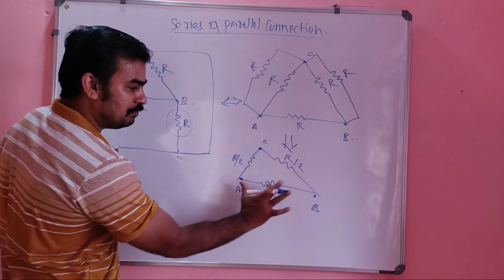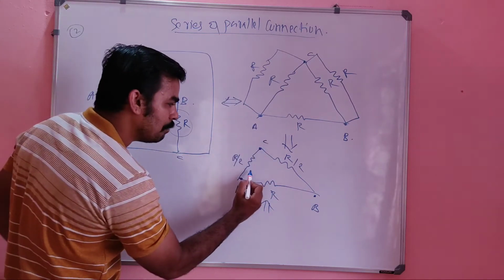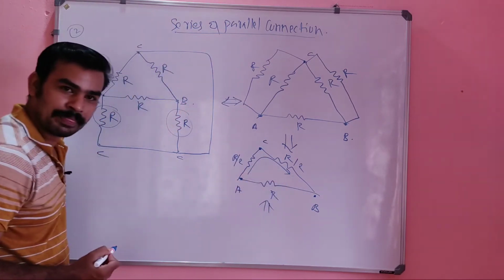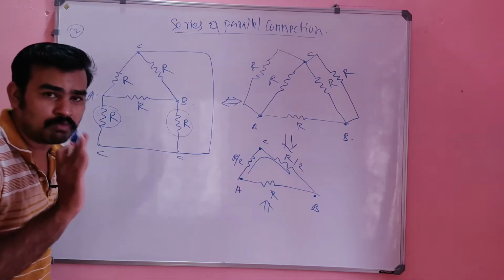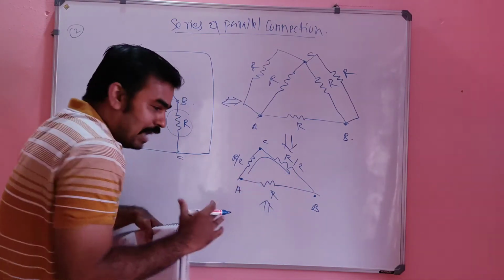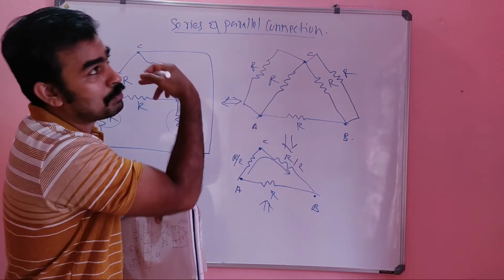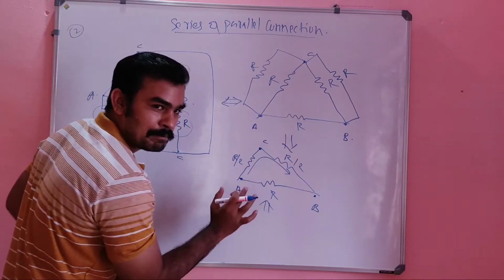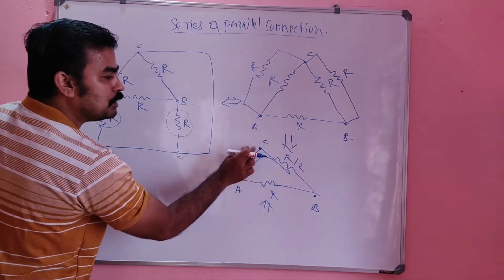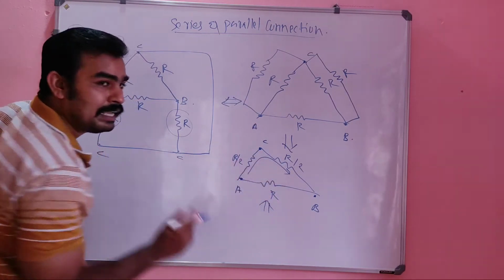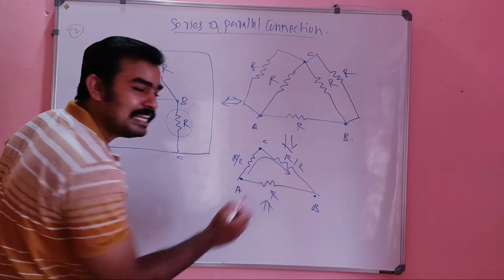So what happened? Fixing the point A and B there, look to the other point or focus on the other point. What happens? These will be in series, because we have to calculate the effective value between these 2 points. So we don't want to alter that point. We have to fix the point there and see what are the circuits we have to reduce from other sides. So keeping this A and B as there, we have to reduce from other side. So looking to other side, what happened? These R and these R will be in series, and there is no need to focus on this point C, because this is connected in series.